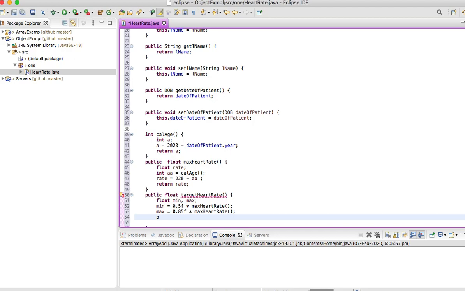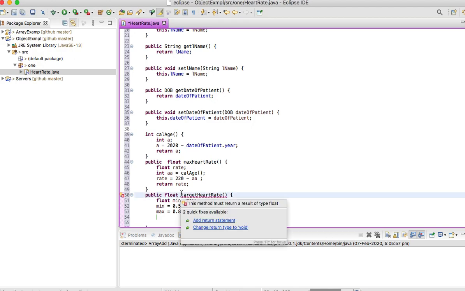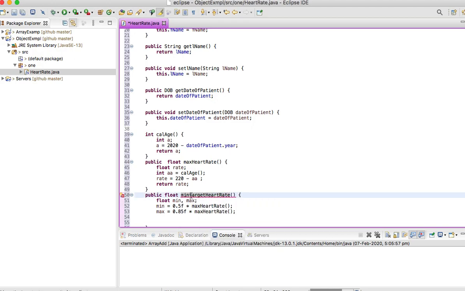So we can print it here, the target heart rate if it is required, or we can have two separate functions. Okay, because we need to print everything in the main, let us write two functions. Minimum target heart rate. See, we are doing this because we have calculated two values, minimum heart rate and maximum heart rate. One function cannot return two variables, so I am writing here minimum target heart rate,